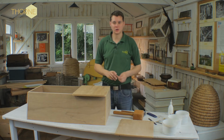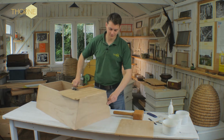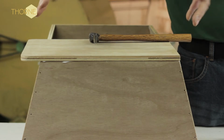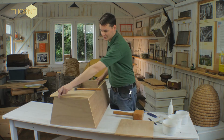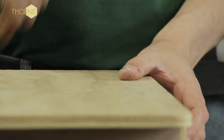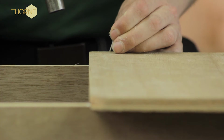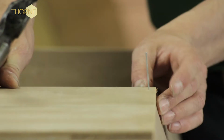You then take your 1.5" lost head wire nails. These are quite tricky because the nails have to follow the lines of the outside walls. It's okay on the end, that's a nice straight piece, so the nails have to angle with your wall. So I'm going to start with this end first. So next thing to do is to just make sure that it is square on the back, and I'm going to start my nail in about 1 inch from the edge, tack it in at a straight angle, then I'm going to push it